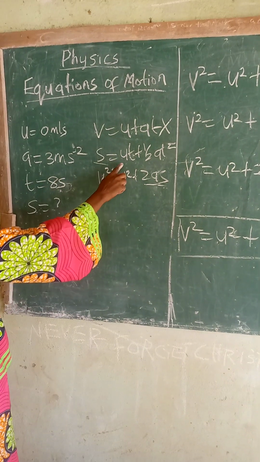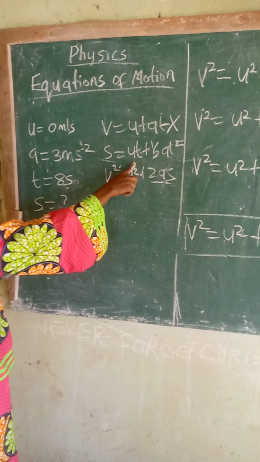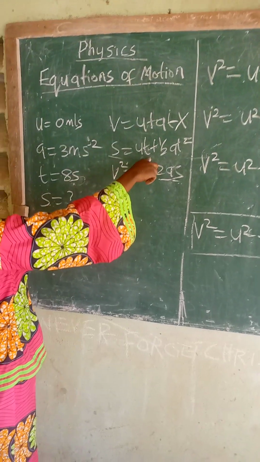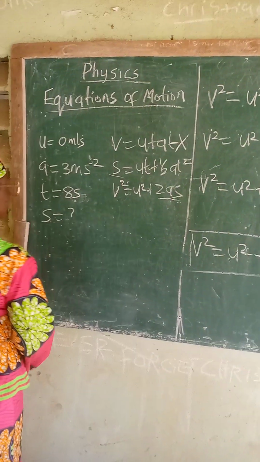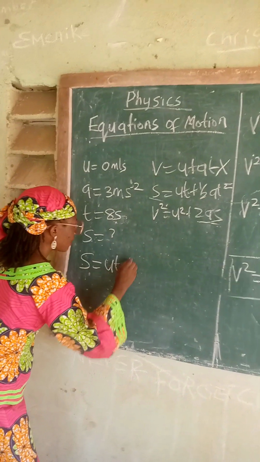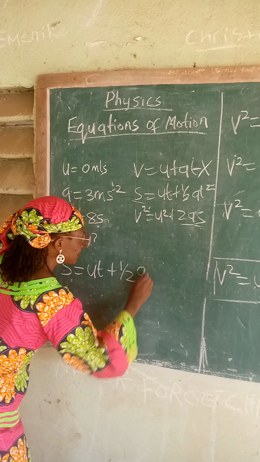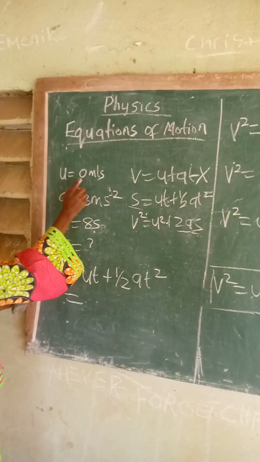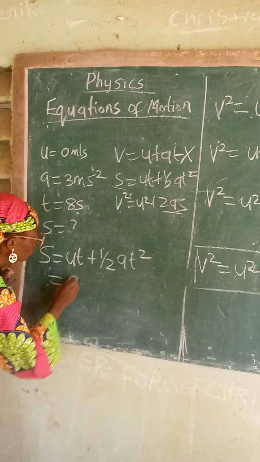Okay, I think this will be appropriate. We have initial velocity, we have time, we have acceleration. So let's use the second equation of motion. We have S is equal to UT plus half AT squared, which is equal to initial velocity 0 times